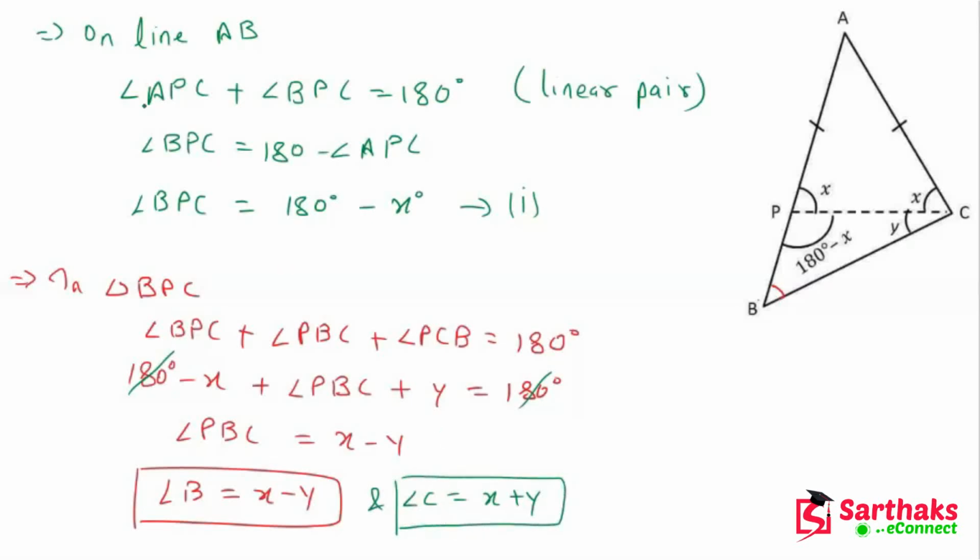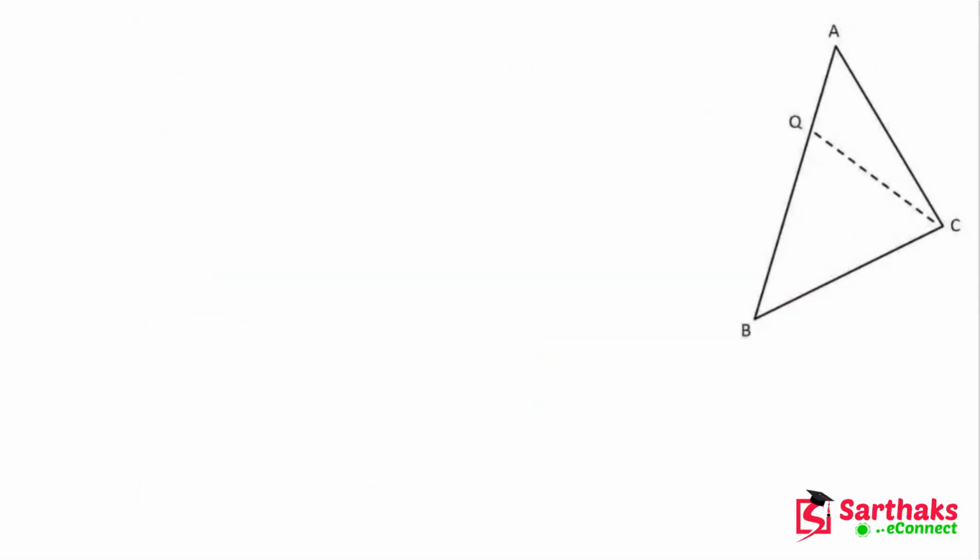Okay, so now from this condition, if you observe this angle B and angle C, we can say that angle C is greater than angle B. Because here it is x minus y, meaning this angle is decreased, and here it is x plus y, meaning this angle is increased. So we can say,